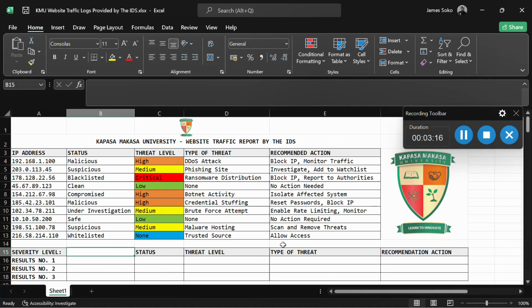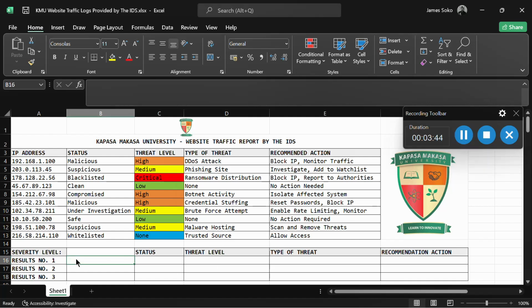So I was saying we have types of filtering. The first type of filtering we have is what we call single value filtering. Here we are targeting a single value to filter out something. So in result 1, which is B16, I would like to filter out a single value depending on the threat level.